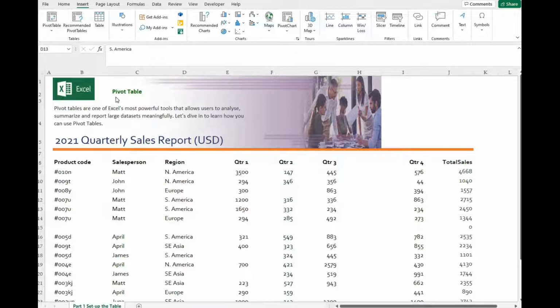Hi everyone, welcome back. Today I'm very excited to share with you about one of my favorite tools in Microsoft Excel, that is the pivot table. I have personally used the pivot table to analyze, summarize, and report very large data sets meaningfully in practically the blink of an eye. So let's dive right in and let me show you how you can set up a